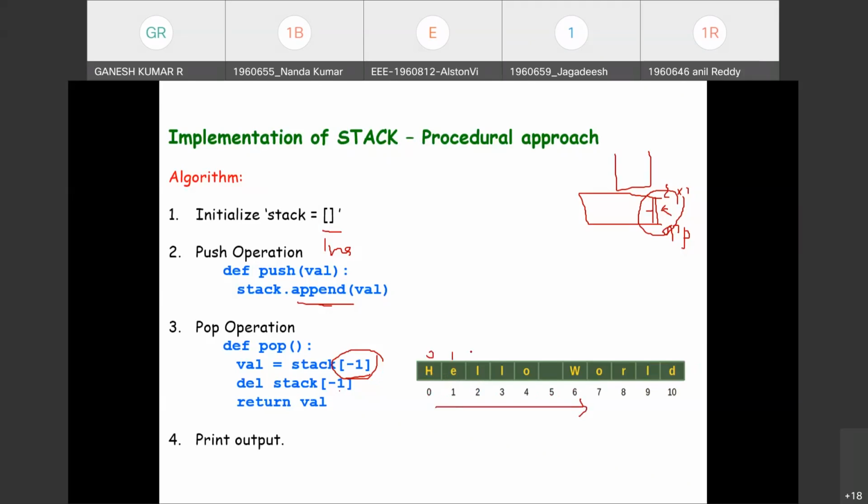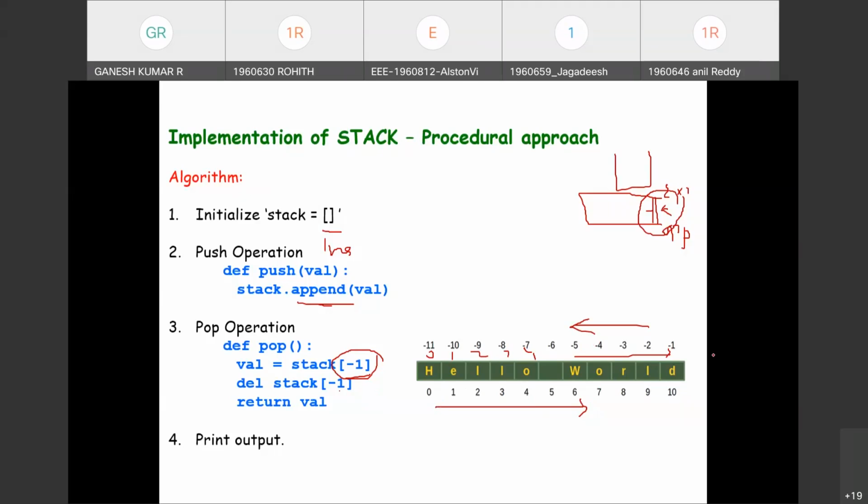0, 1, 2, 3, 4, 5, and so on, from left to right. If you like to have it from right to left, then that will be represented as -1, -2, -3, -4, -5. Traversing, indexing from right to left is also permitted and valid. But generally we practice left to right.